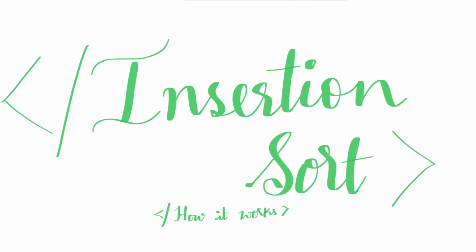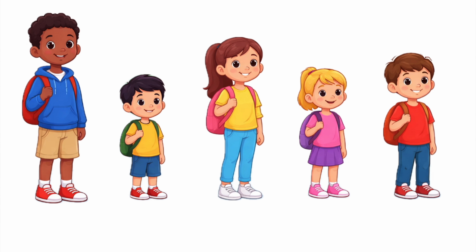So far in this sorting series, we have seen bubble sort, which keeps swapping again and again, and selection sort, which finds the smallest and then places it in the correct position. So today we are meeting another sorting friend, that is insertion sort, and this one is actually very smart. Before directly jumping into the code, let's understand with the help of animation.